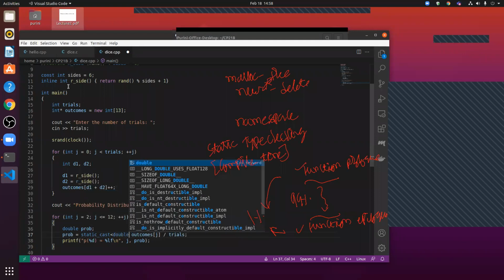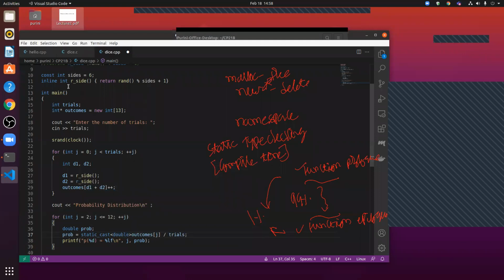We want to do the typecasting in a much cleaner fashion in C++ by using this function called static cast, and after that we have this angled bracket in which we are passing this double. You will see what it means and where and how this is coming in some time. But for the time being, this is a better way to do typecasting than the way we were doing it before. Okay, static cast.